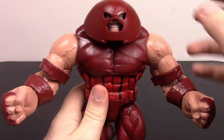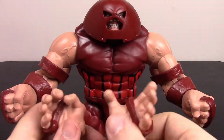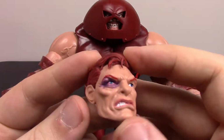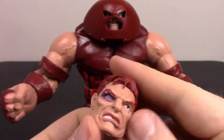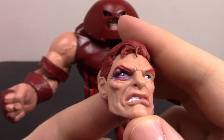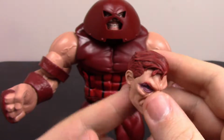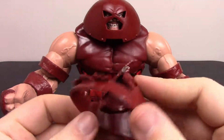So that leads us to our accessories. He does come with 2 hands, so if you don't want the 2 fist hands, he has opening or gripping hands there. And then he comes with an unhelmeted head. As you can see, it's all damaged, so maybe Colossus damaged his helmet and beat him up, giving him a black eye. As you can see his eye, which looks cool, is all red instead of white. That's cool, they added that feature into it. You can see his red hair and everything kind of fits in with him. And to see his head, you get the damaged helmet as well that just sits on his head,